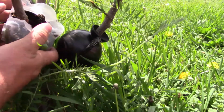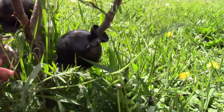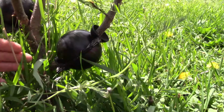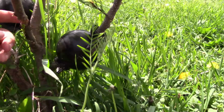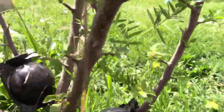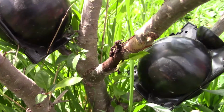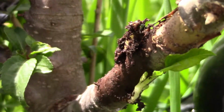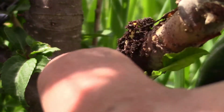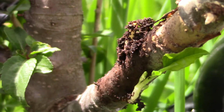Oh, got a little start here. Nothing serious. The soil's much more moist. We got a little leaf that's sort of not sure if it wants to become a root or not on the bottom here. We got some little root on the top, so I'm gonna say we'll just leave that